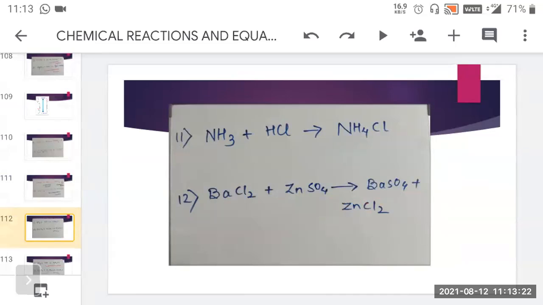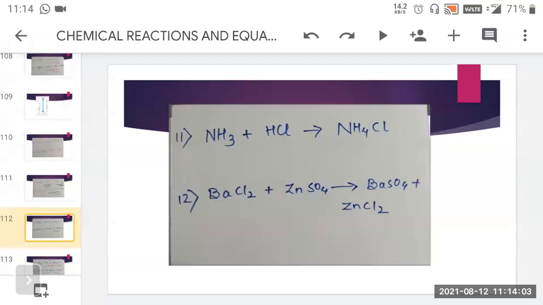Okay. Then comes NH3 plus HCl, gives you NH4Cl. Again, just go one by one. First one is the combination, two reactants and one product. So is that fulfilling this? Yes, it is fulfilling. The combination of NH3, that is ammonia, and hydrochloric acid has taken place and it forms ammonium chloride. So here we will get the combination of ammonium chloride. You can see here two reactants and one product, which fulfill the criteria for the combination reaction.